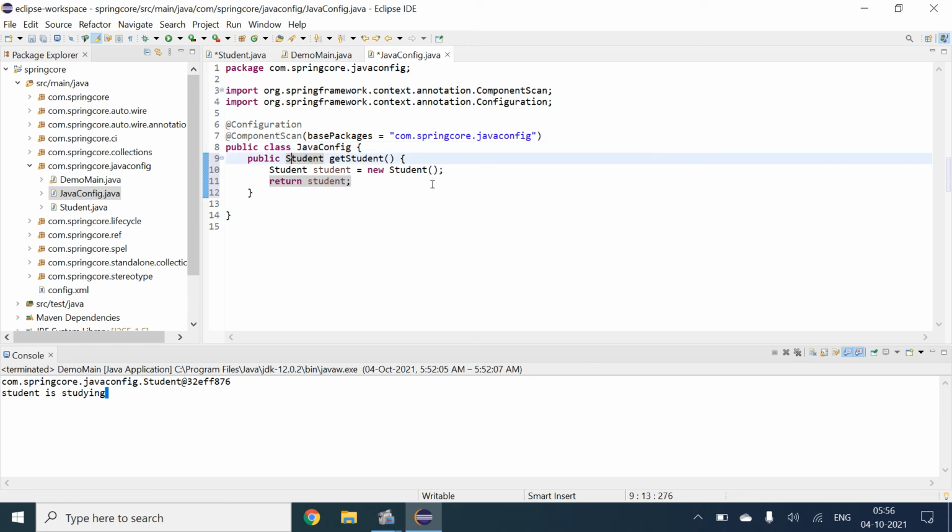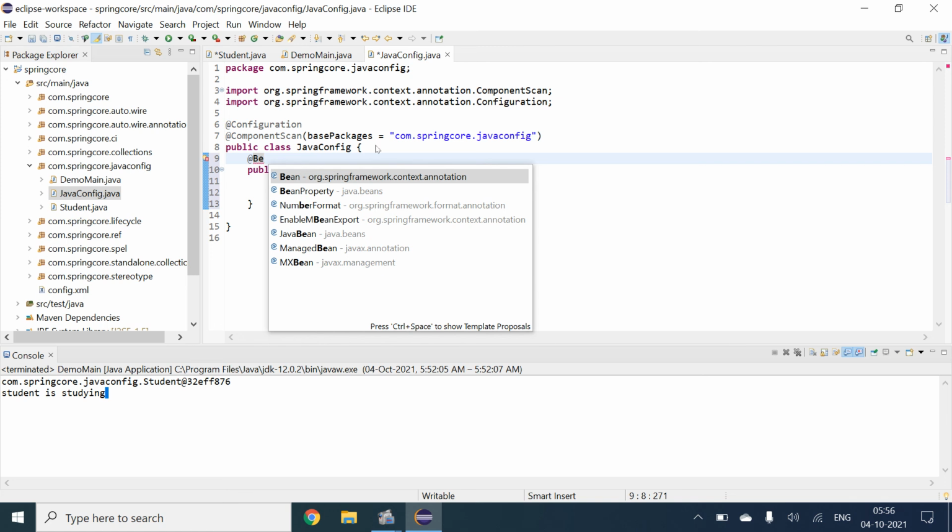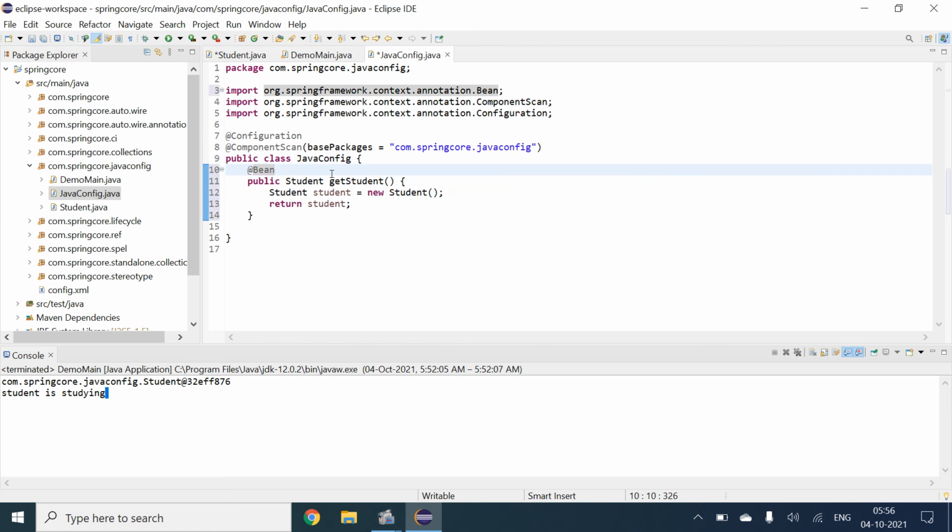We have to annotate this method with @Bean, then only can we proceed further. So this is the bean method which we are providing.